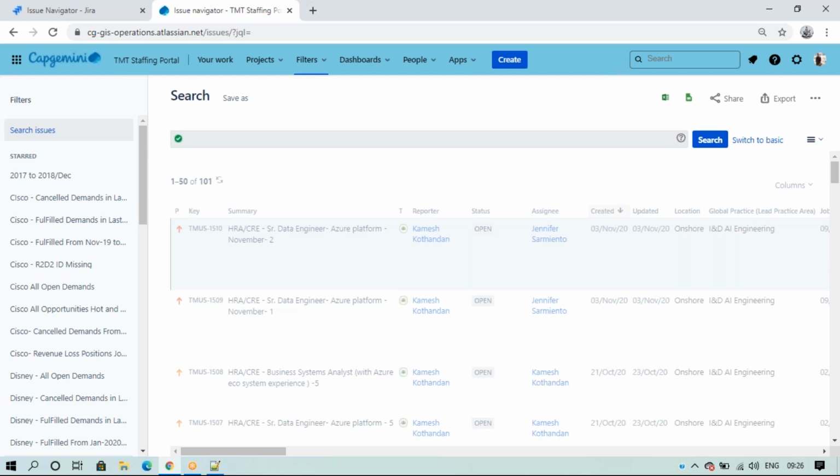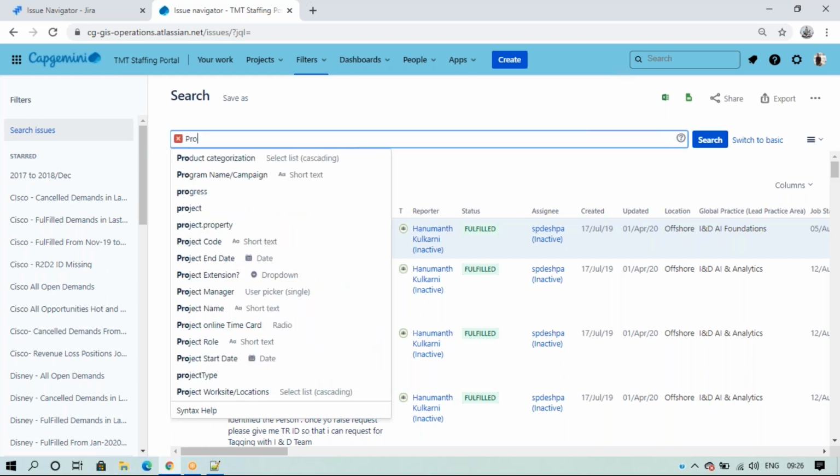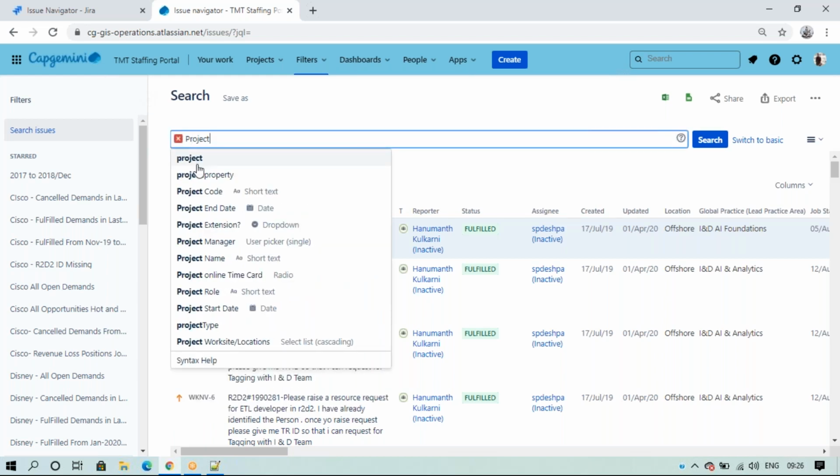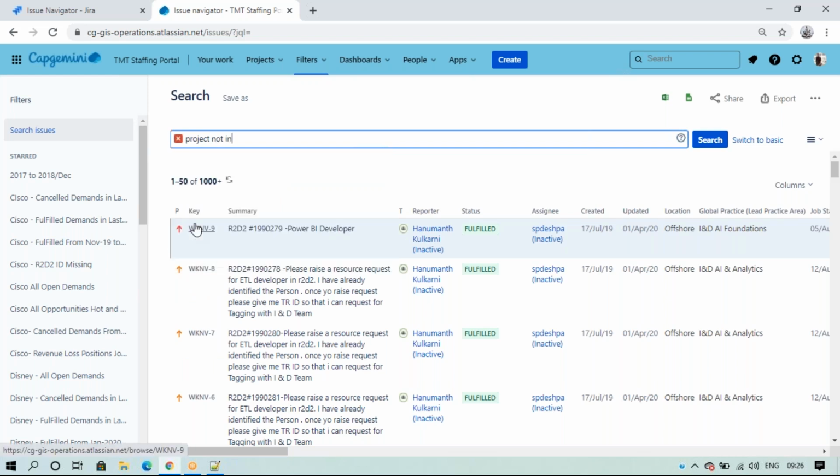Suppose I don't want two projects. Before, to exclude one project, I chose not equal. But when I want to exclude two projects, I need to write it the same way. Project equal to, not equal to, we are clear, and in also we are clear, and similarly not in: not in these two projects.